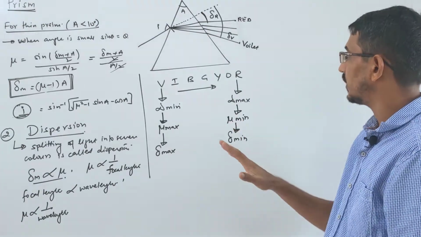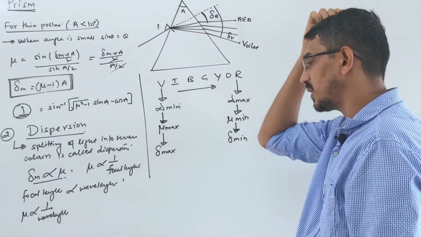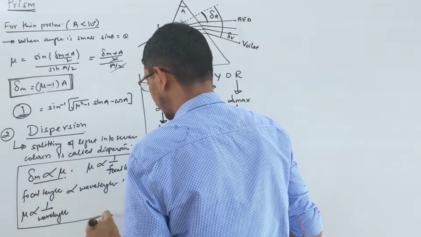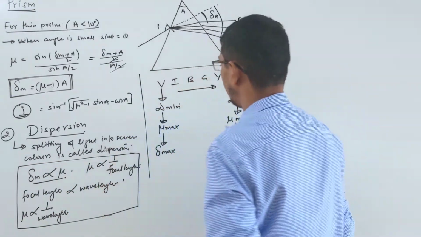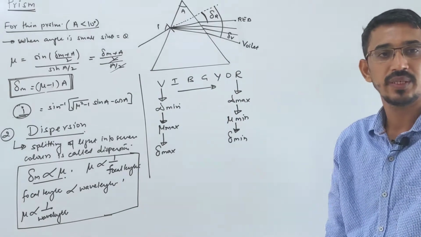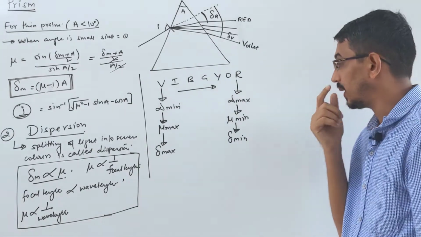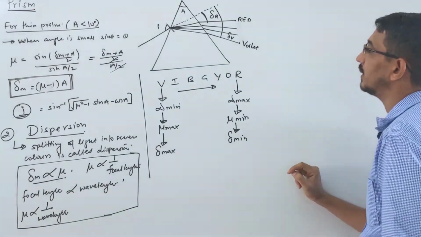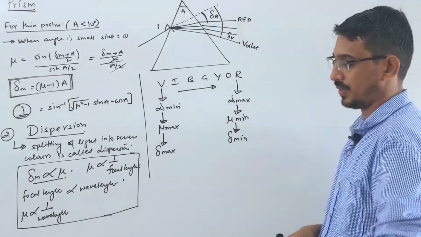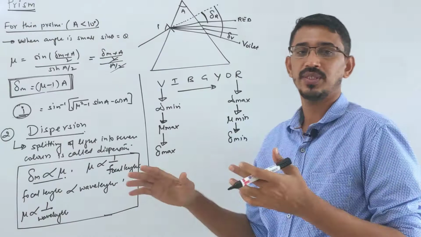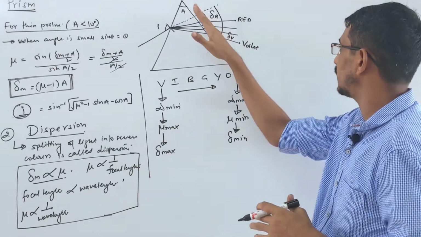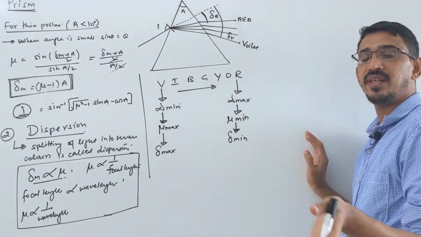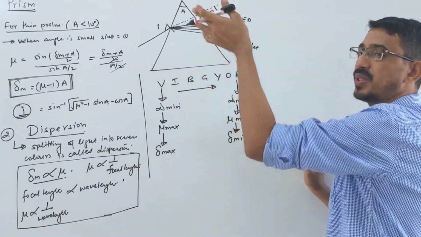So hope you understood which color has maximum deviation and which has minimum deviation. All these relations are here. Please understand them carefully. Okay, focal length, all relations are here, these 4 relations. Now what we are interested in: you understood who is deviating more and who is deviating less. So you want to calculate the dispersion. This is called angular dispersion.